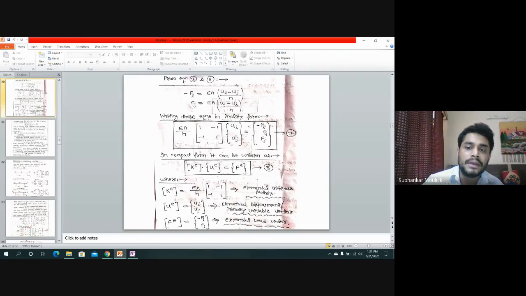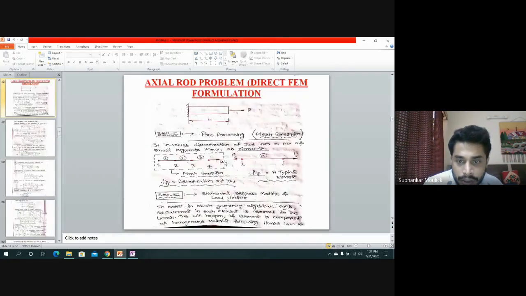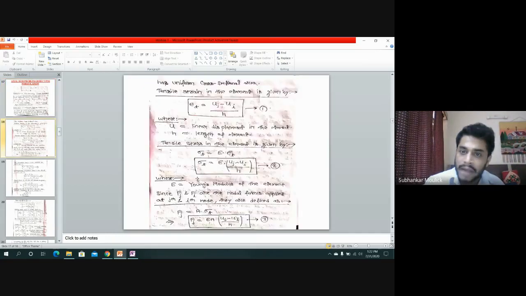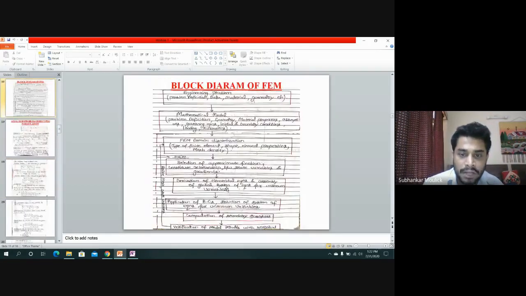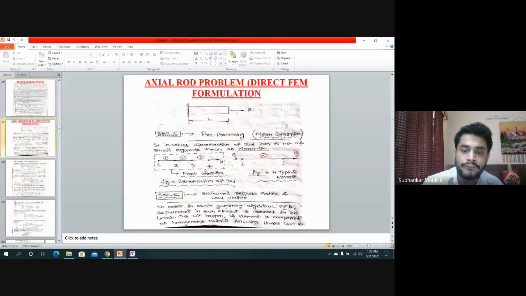For element 2, what will Fi be? Say I talk about element 2: node 2 will be I and node 3 will be J. Do you know the value of Fi and Fj, these internal forces? I don't know. The only thing I know is that at nodal point 4 for element number 3, F4 is P.